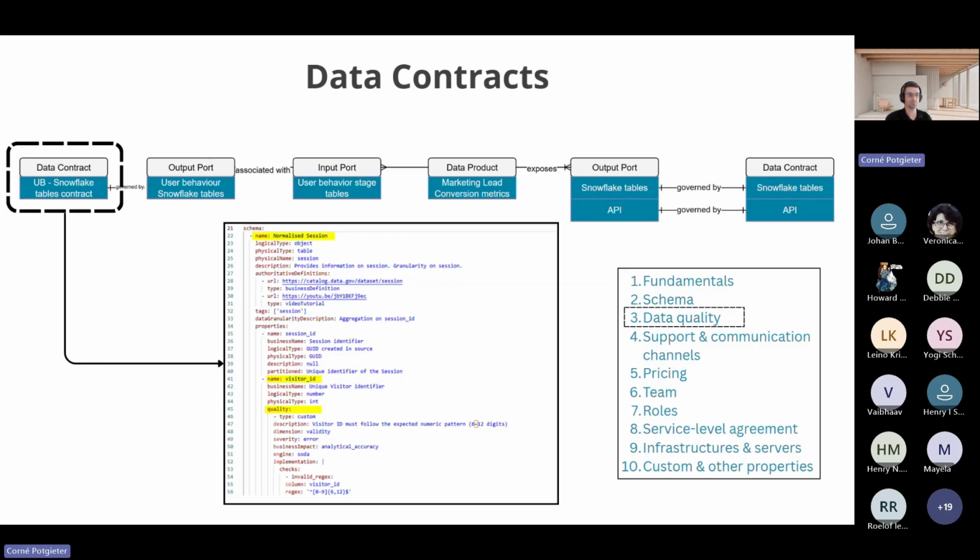Just like you would have a legal person confirm whether a party is adhering to their contractual obligations, you can now use tools to automate checking whether the data that you're receiving from this data product is adhering to the data quality that it has published in its data contract. So it makes things like automation and integration with other tools a real benefit.